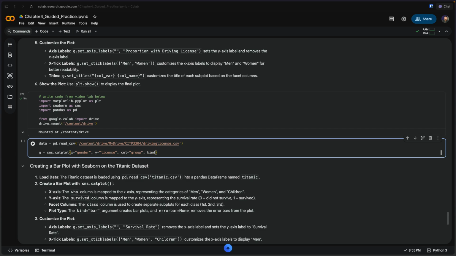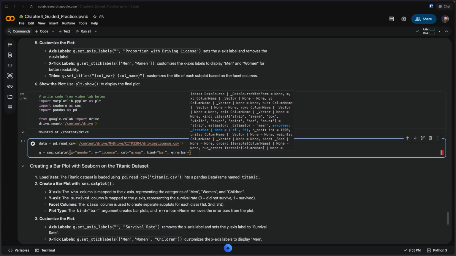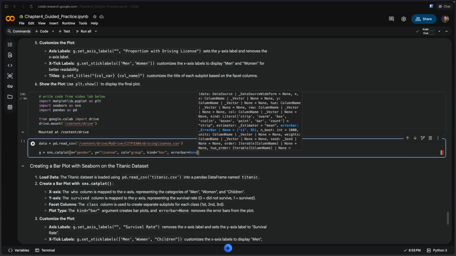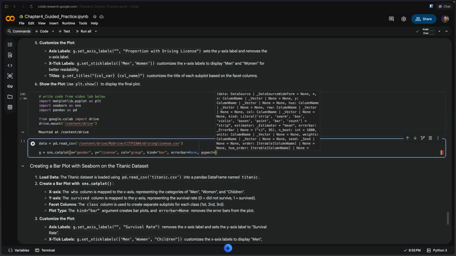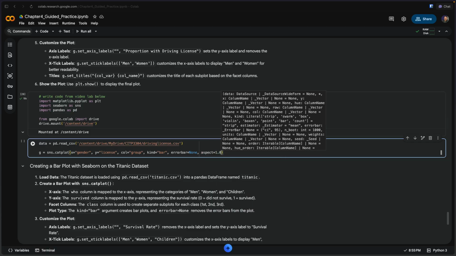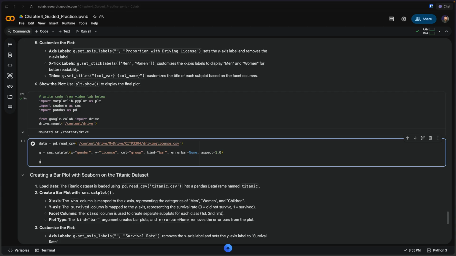The type of values that I want to have here, the graph is going to be a bar graph. We can have more error bars, we'll say none. I don't want an error bar here. And the aspect equal to 1.0, like the sizing to showcase. So we're grouping and we're saying gender and license as X and Y. Then we just do my graph, set